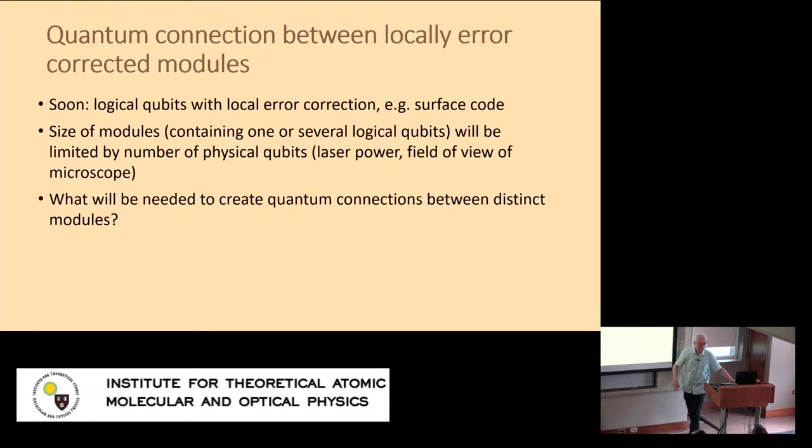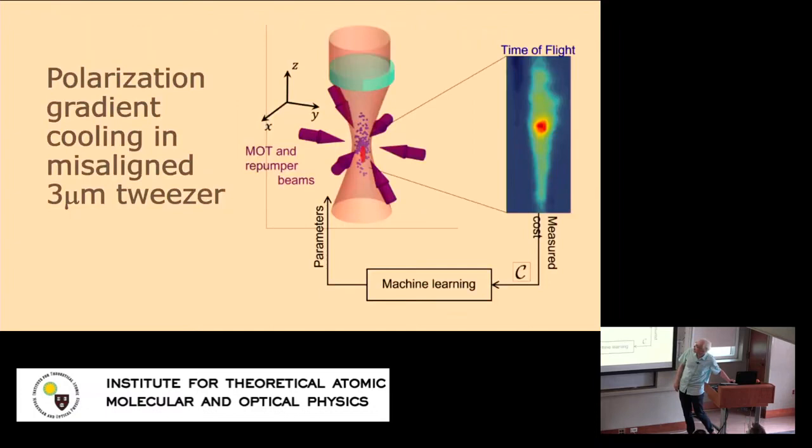So basically, we were working with these ensembles and small tweezers on the order of 3 microns or so. And so what we did at some point is we said, okay, we would like to load as many atoms as possible. So we ran a machine learning algorithm that simply optimized the atom number. It was quite nice. The students had tried for a few days and got some number of atoms. The machine learning within a few hours got 6 times the atom number loaded into the tweezers.